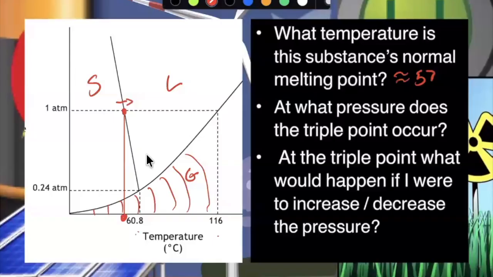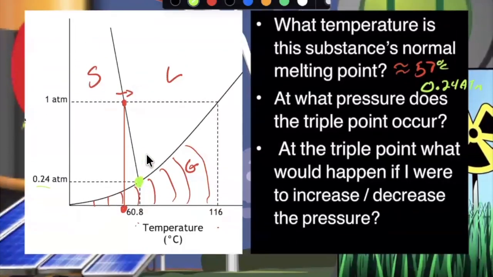Next, at what pressure does a triple point occur? So let's just pick that. This is our triple point right here. And the pressure for the triple point is 0.24 atm. Celsius. Okay, and then the other thing to pay attention to is at the triple point, what's going to happen